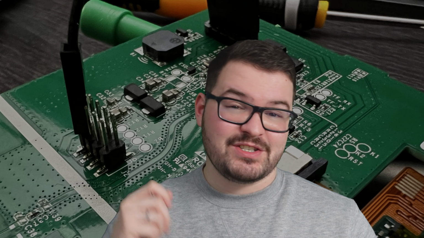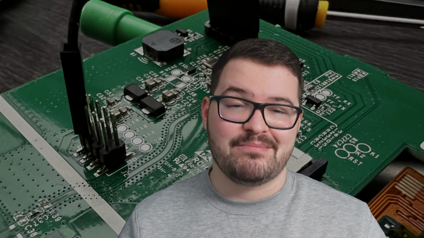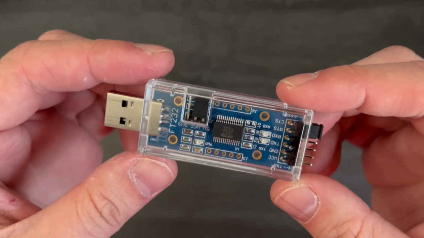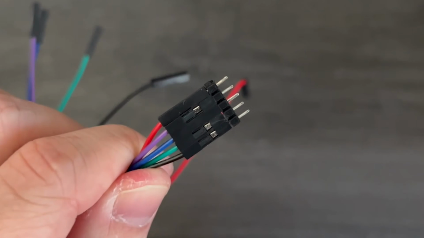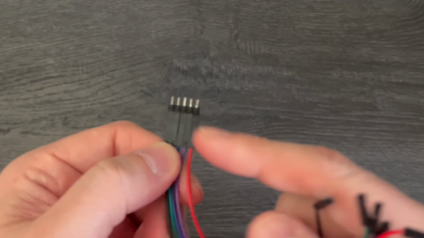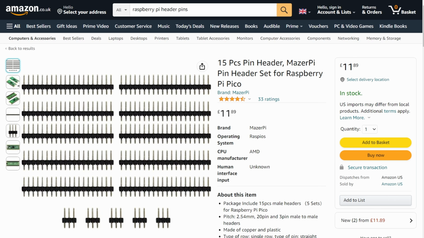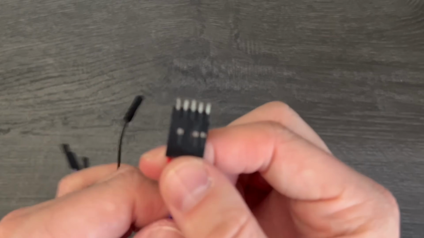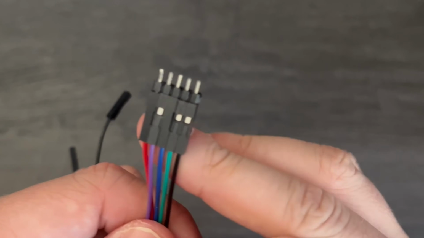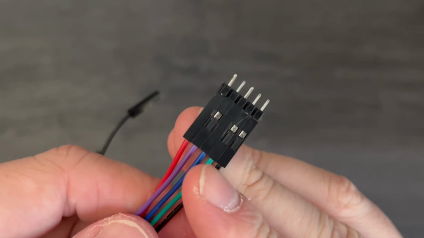Now that our PCB is exposed, we can start hooking up some wires to our USB adapter, and my adapter of choice is the FT232 by DSD Tech. The last time I flashed the NS panel, I created a small little jig which basically made use of the offcut of some Raspberry Pi header pins, and I just pulled out the original pins and then just pushed my wires through that. This small piece of plastic perfectly holds all of my wires in place,